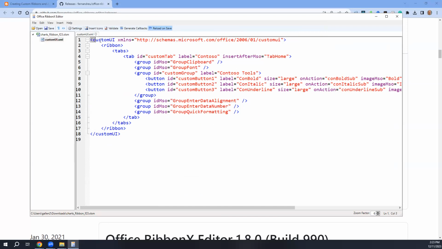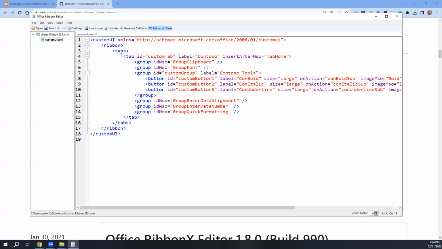So again, this is a custom user interface modification. We're changing the ribbon. Is there something else you can change besides the ribbon? I don't know. It seems like it's set up to do that. I don't know anything you can change besides the ribbon, but this is happening in the ribbon. Then here's our set of tabs. Now, inside this set of tabs,